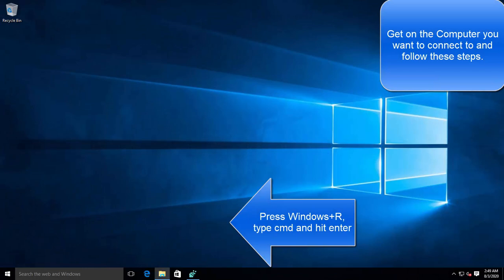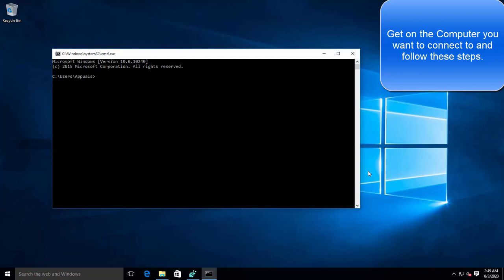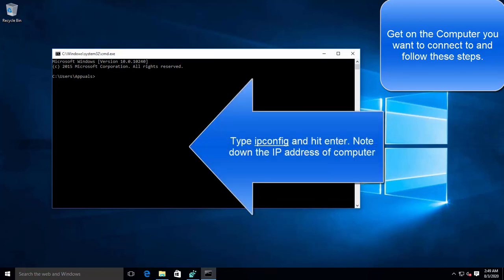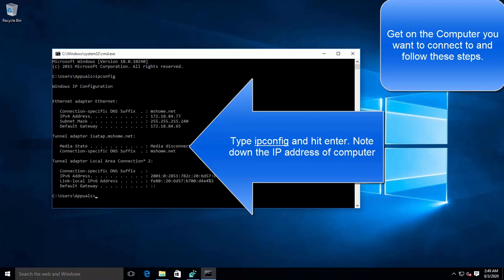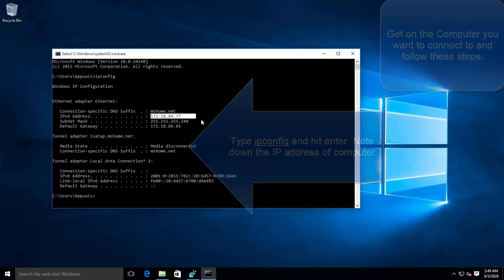Get on the computer you want to connect to and press Windows and R key. Type CMD and hit enter. In the command prompt, type the following command and press enter to display the IP information on the computer. Let's say ipconfig. Once you have acquired the IP address of this computer, which is 172.168.84.77,